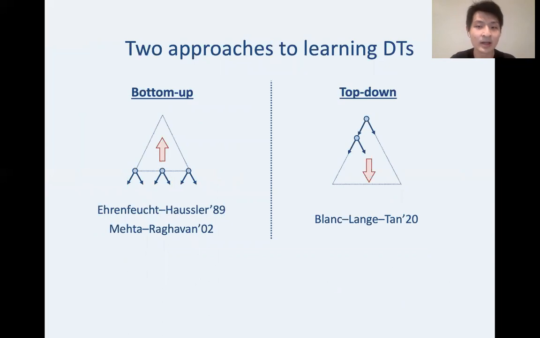Now, let's get to the high-level picture of our algorithm. There have been two quite different approaches to learning decision trees in the literature. The earlier two algorithms fall in this bottom-up approach, and they are very similar to dynamic programming approaches that split the problem into a few subtasks and solve those subtasks optimally, and then combine them into the final solution, the final decision tree. In contrast, the recent algorithm of Blanc, Lange, and Tan uses this top-down approach that first